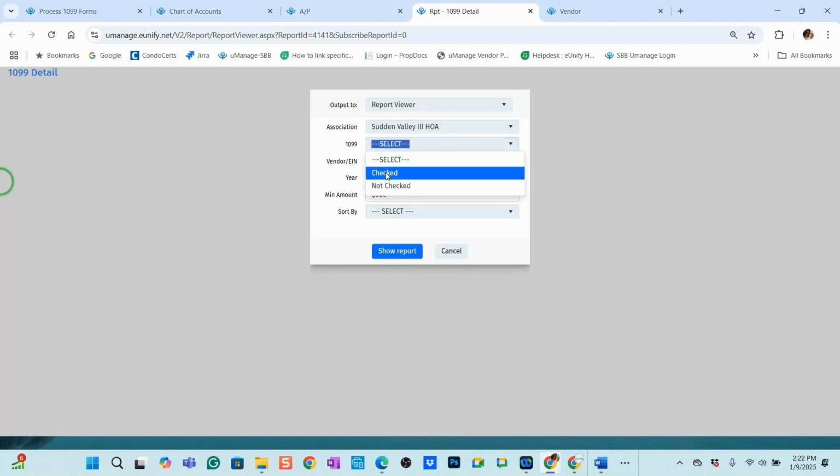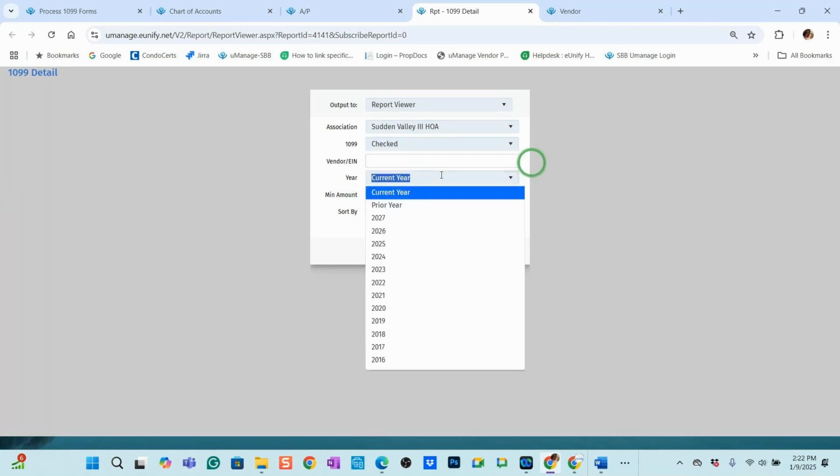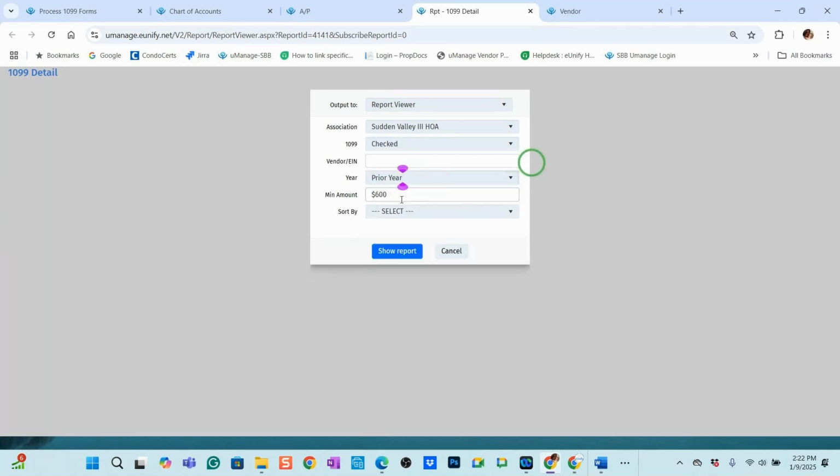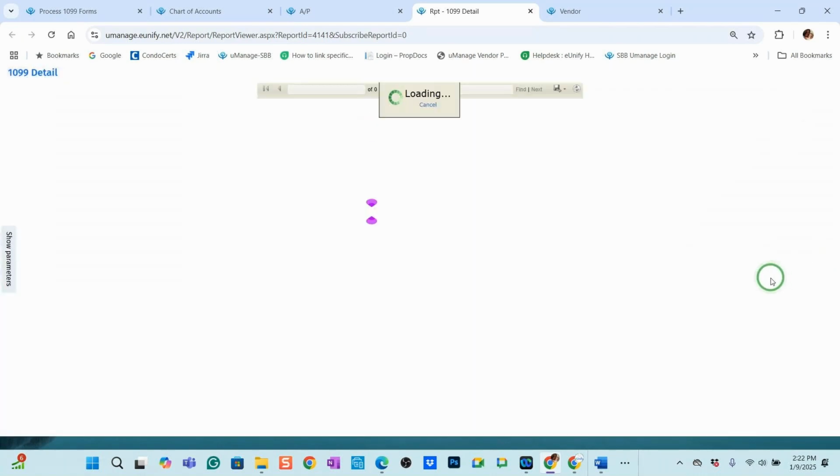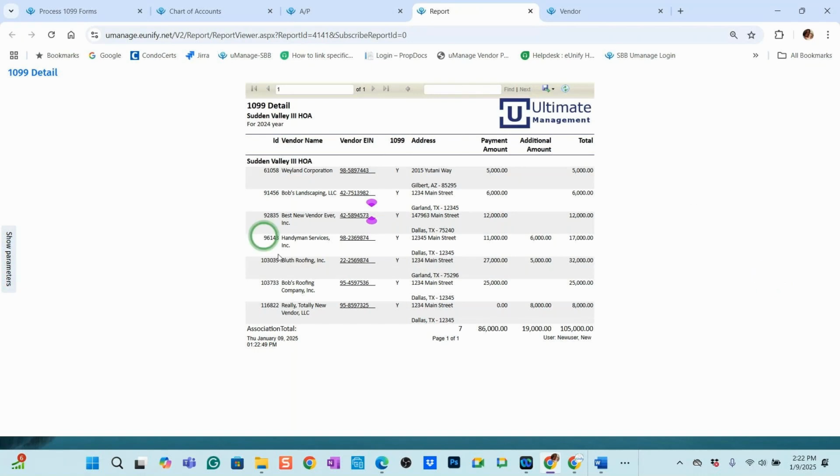If you just want to look at the vendors that you currently have set with a 1099, you would decide on 1099 checked, and you can look at the prior year, and you can leave that minimum amount for 600, and you can click on show report, and that will show you everything that you should be generating for a